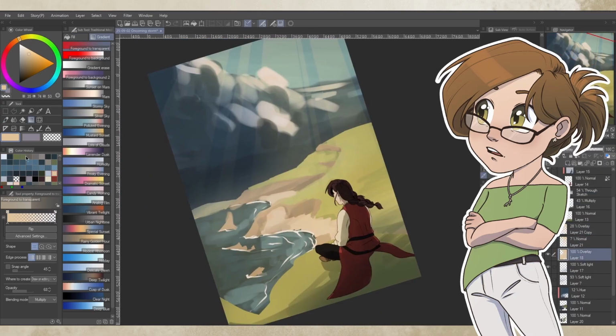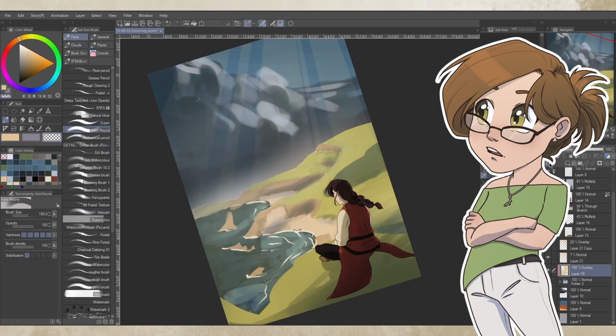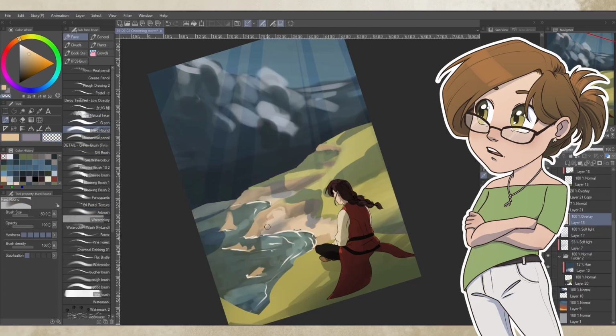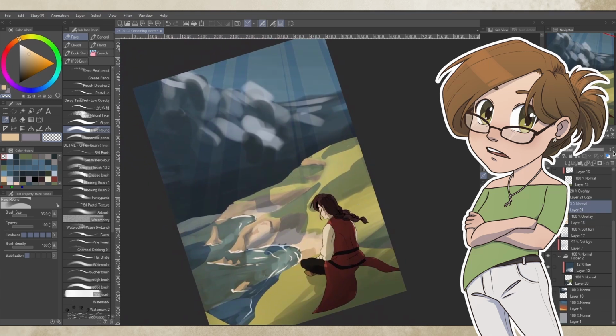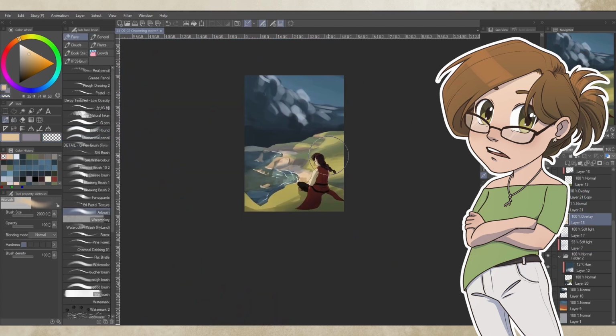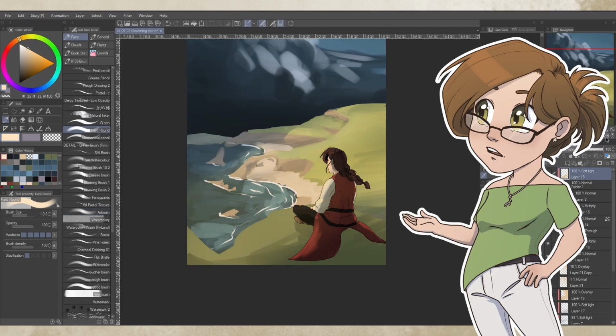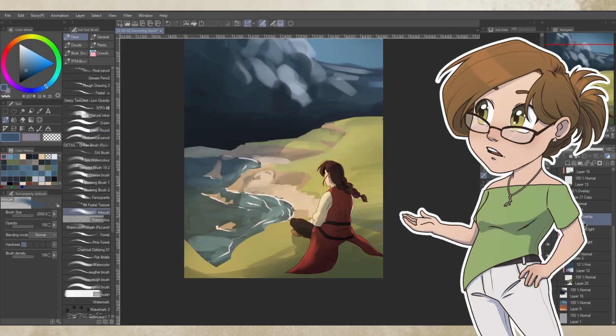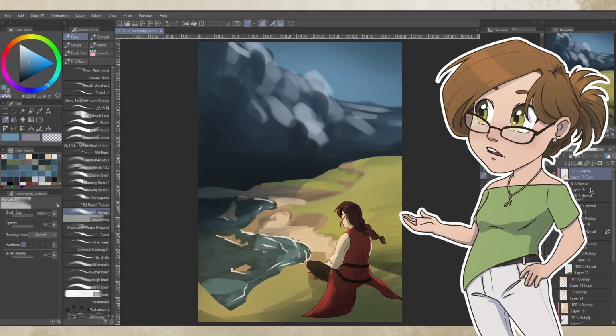I still wanted Kyo's back to be in shadow, that way she'd still have value contrast to the lighter parts in the midground. I was having trouble with my usual process of plucking out colors and slapping multiply, overlay and soft light layer modes on top. What works for the greens and the grass did not help me with the ocean at all,